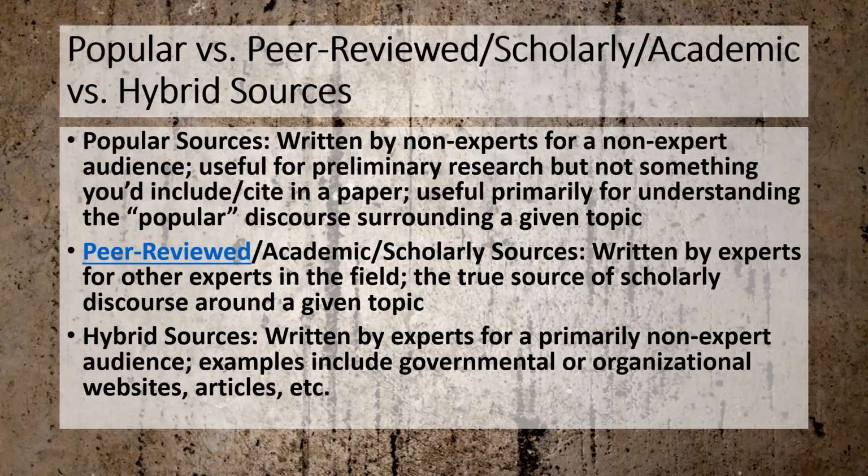Most of these, if it's a website, it's probably going to be either a .gov, maybe a .org. Typically a .com, a .net, those are going to be popular sources, not very reliable. Some .orgs might not be very reliable. All right, but those are basically the three types of sources. So for any source you're evaluating, think about what type of source is this?